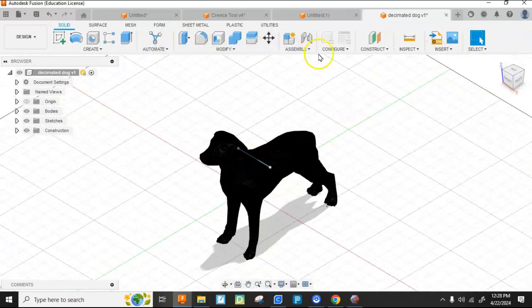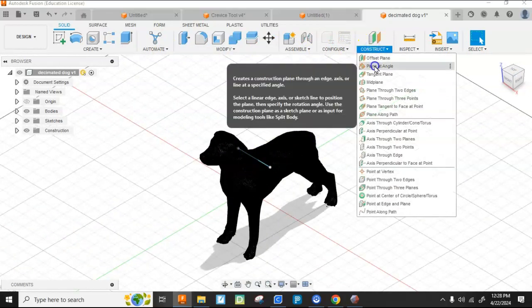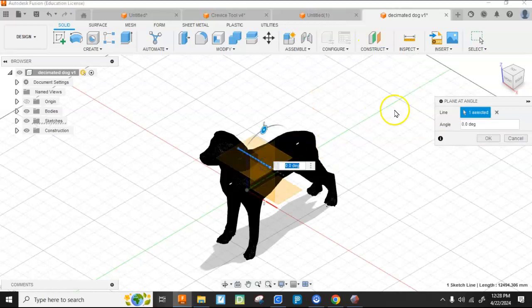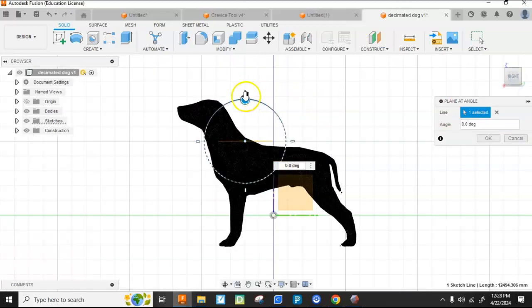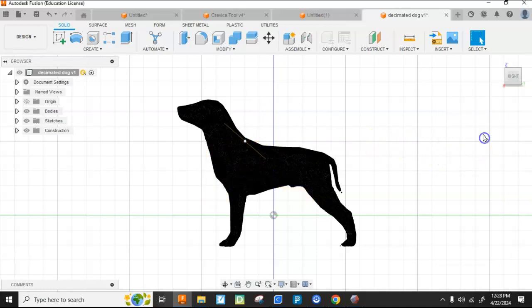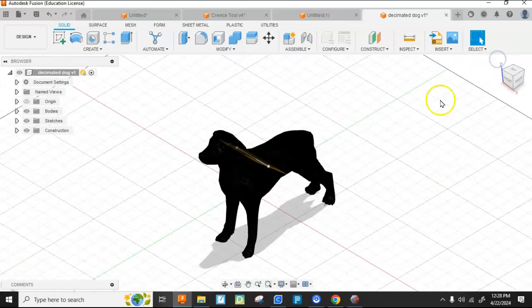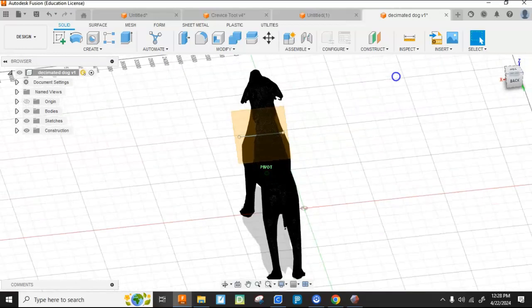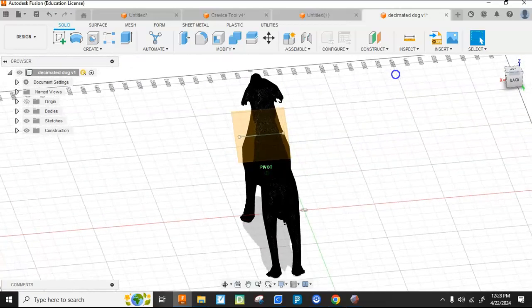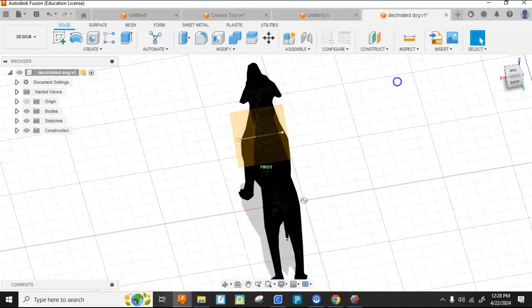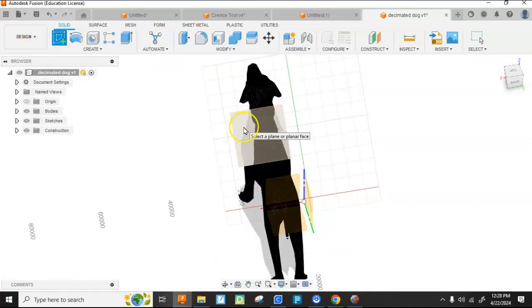Okay, so I made that line. Now I'm going to make a plane at an angle to that line. So this is kind of convoluted, but you can see now I'm setting up a plane that I can slice through right there because I want a bit of his neck. If he's going to go down towards a dog bowl, I want to go there. All right. So now I'm going to go ahead and do it, and I can scale it at the end. I probably should have scaled it initially, but I'm going to go ahead and go to work here on this